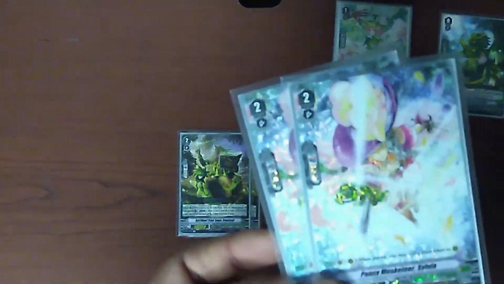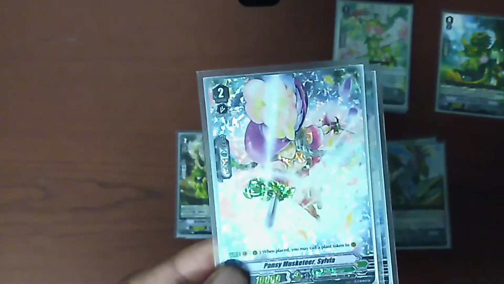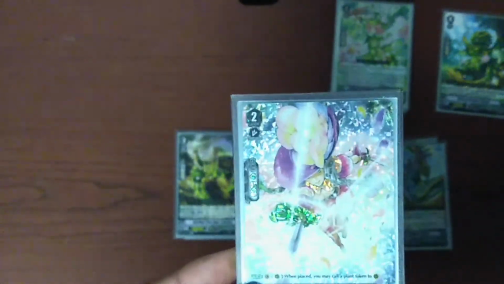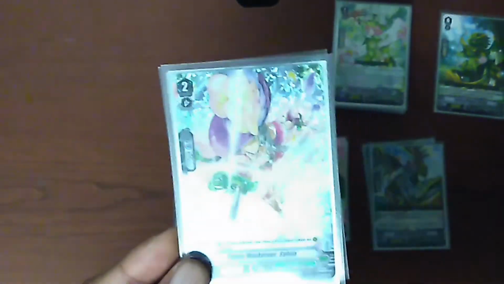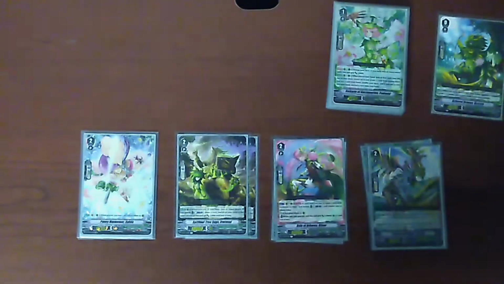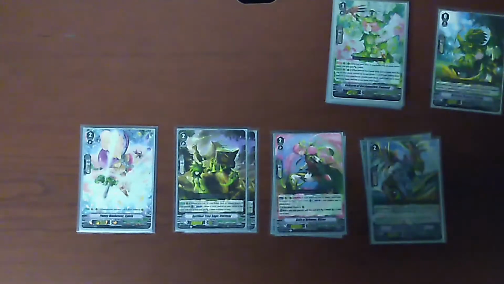We also play 2 Pansy Musketeer Silva. You could instead just play another Timber, but I like Silva because why not? She's, as a ride target, she just generates a token. And on rearguard, she generates a token also. Mine's are, ORs. So, anyhow, continuing on, we